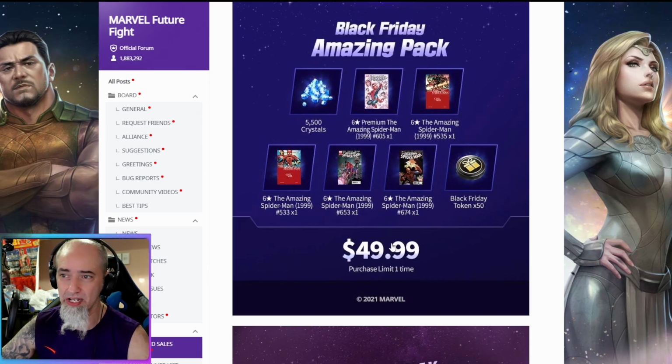What do we got here? So $50, and we do have a P card in here, which is nice, but these other cards are not P cards. So you will get one P card, you will get 5,500 crystals, but I'd have to ask you the same question. Is $50 worth 11,000 crystals? I'm not sure. Is these materials, this one P card that you get free every 40 days from the future pass,